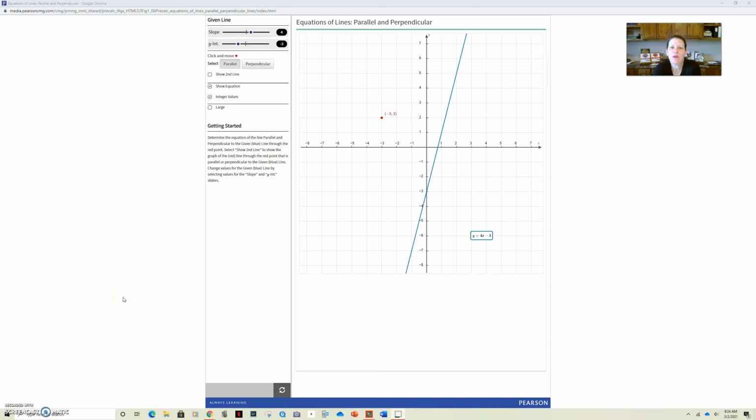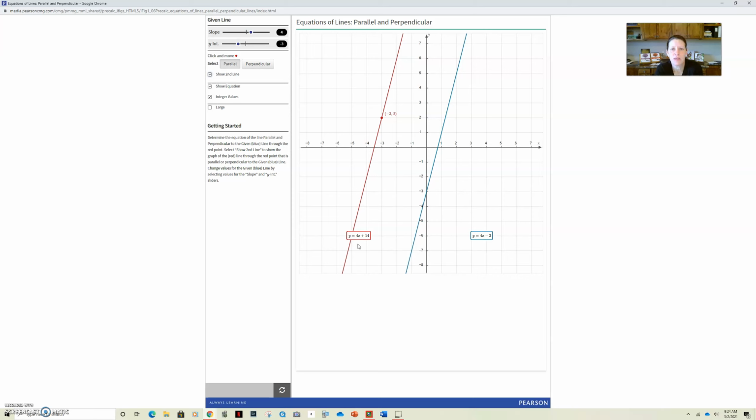In this video we will investigate parallel lines. So let's start by looking at an interactive figure, which is what you'll be able to see on your screen. And we're going to focus on writing the equation of a line through the point -3, 2 that is parallel to the line y equal 4x minus 3. And if we show this second line, and we see it here in red, its equation is y equal 4x